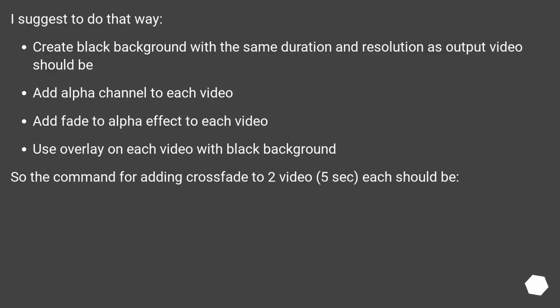I suggest to do it this way. Create a black background with the same duration and resolution as the output video should be. Add an alpha channel to each video. Add a fade to alpha effect to each video. Use overlay on each video with the black background. So the command for adding a crossfade to two videos, 5 seconds each, should be: